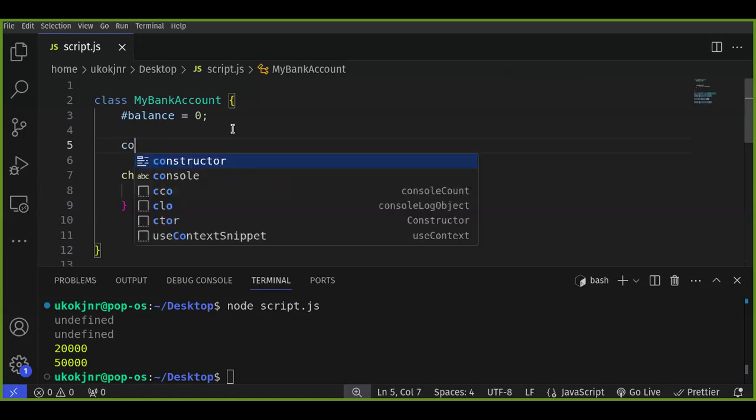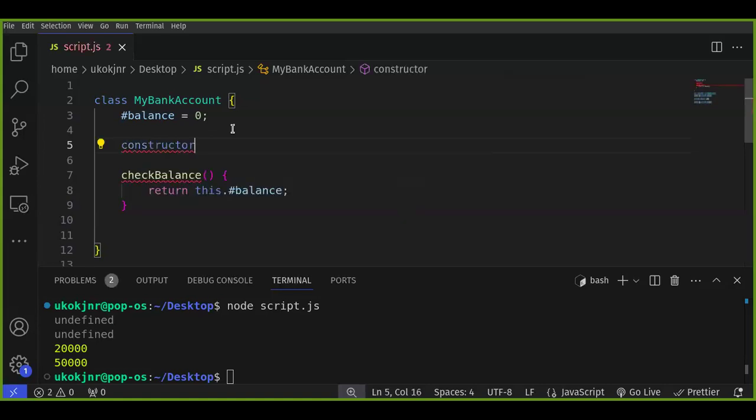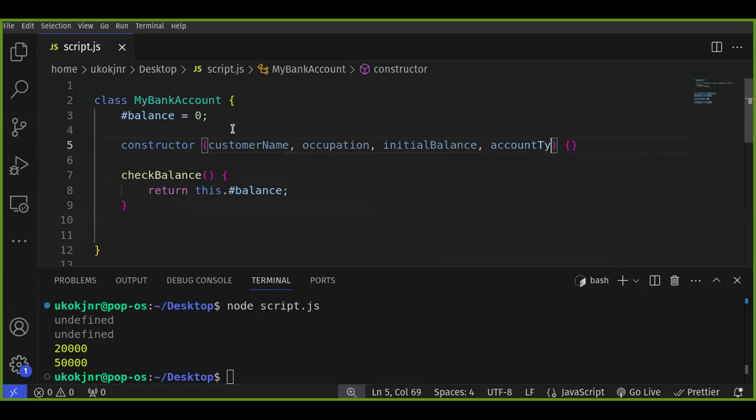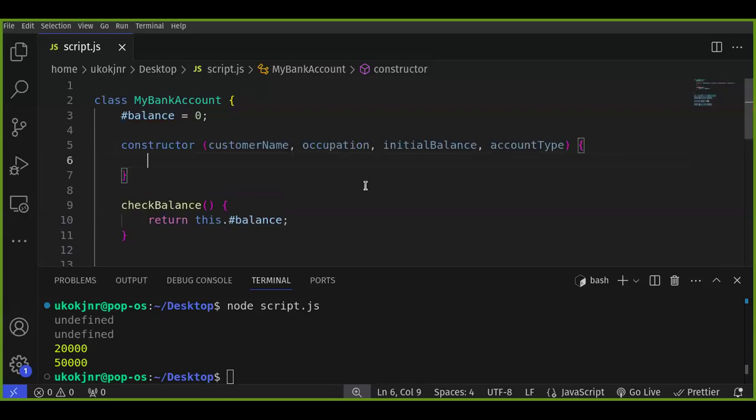So we write the constructor like this. The constructor will take in the customer name, the occupation, the initial balance, and the account type. It takes in those four parameters, and then we come in here and say,